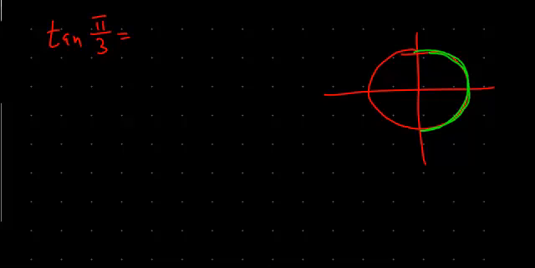The tangent of pi over 3 is going to be, so pi over 3 is there, that is root 3. The tangent of pi over 3 is going to equal root 3, and that would mean that the inverse tangent of root 3 is going to equal,